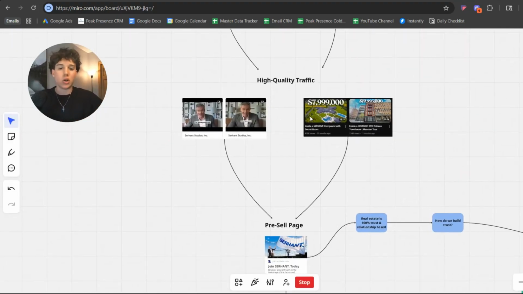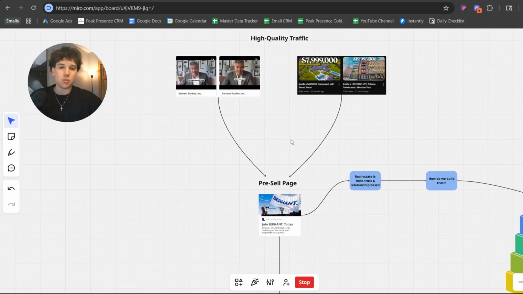After you get that high quality traffic, we need a way, how are we going to actually convert it? This is what a lot of people do. They get the traffic, they send it straight to a form, and there's really no friction. That's why anyone becomes a lead. That's why you get these leads. They still have no clue who you are, because you're not creating friction for someone to join in, right? You want to make it seem almost kind of exclusive.